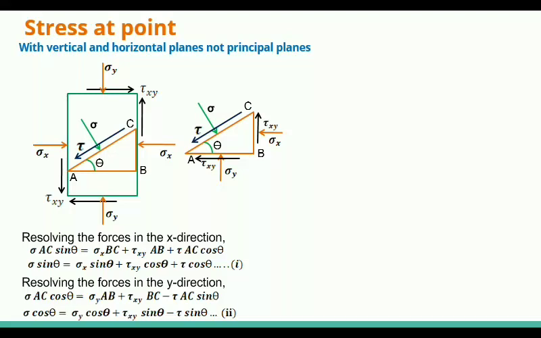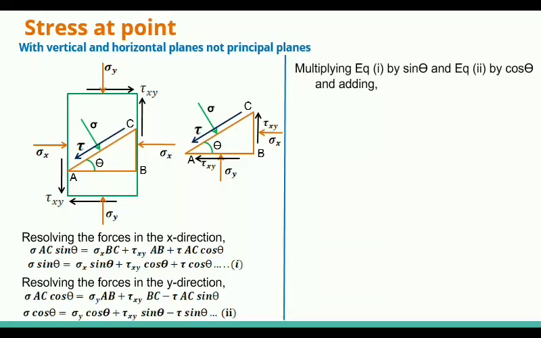I get your point. You try to do that, you will get this result. You will get both these equation 1 and 2. So now what can we do? We will try to solve for normal stress and shear stress in terms of sigma x and sigma y, in terms of theta and tau xy, right?